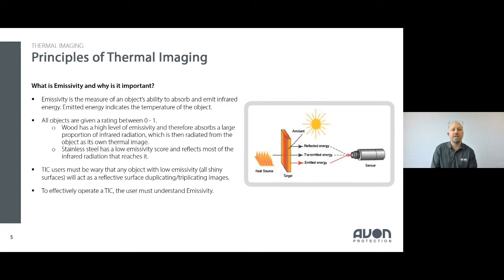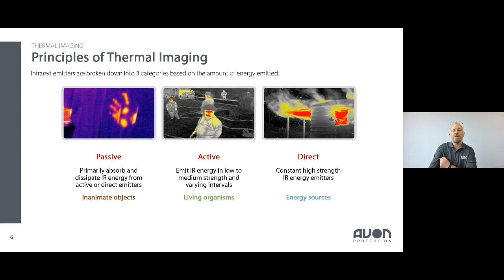And as a trained operator, you need to be aware of things like gas cylinders and how they look on a thermal imager. As I mentioned before, there tends to be three types of infrared for us. There's what we call passive, and passive has no ability to generate their own heat. So these objects are heated by active or direct emitters,